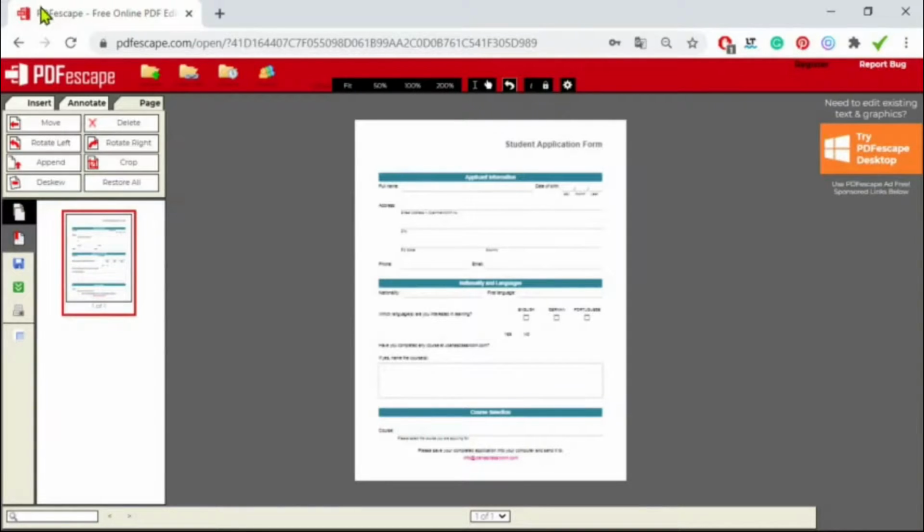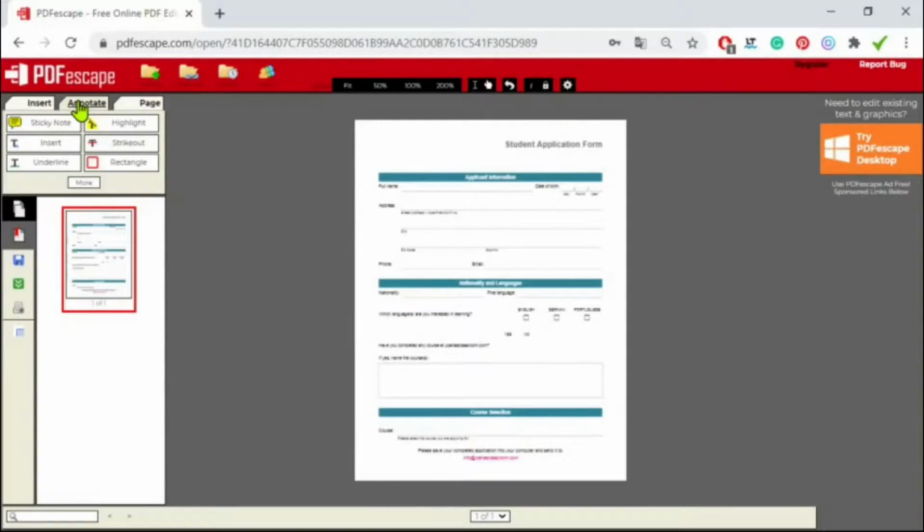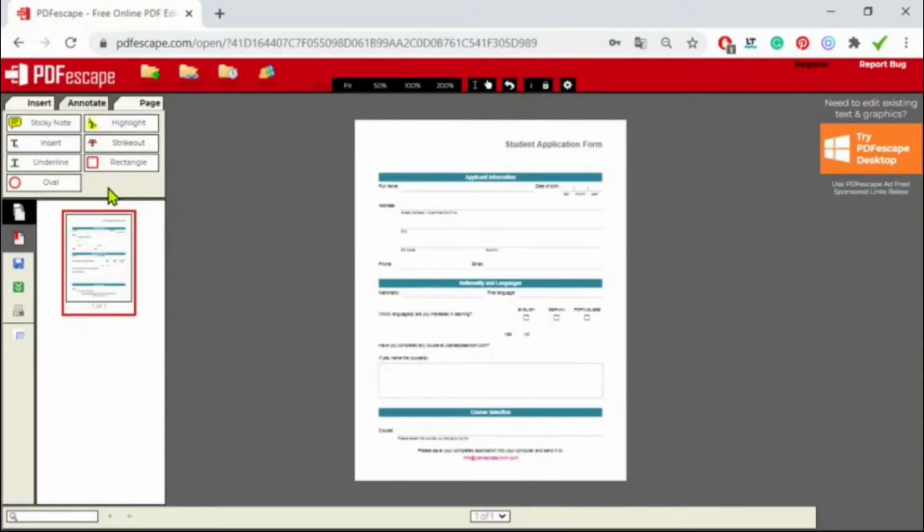Let's move to the Annotate tab, the one in the middle. Let's click more to see all the options we have here. This tab is especially useful if you want to send messages or add feedback by adding notes to the text. All these buttons here enable you to use a different type of annotation or note. You can add a sticky note. I'll explain this one later because I'm going to use it in my file. And you can also highlight some text.